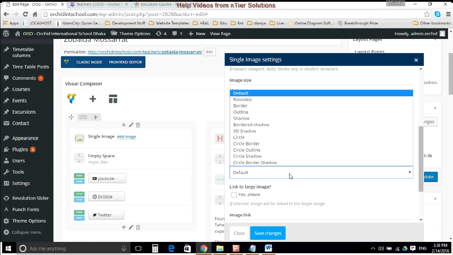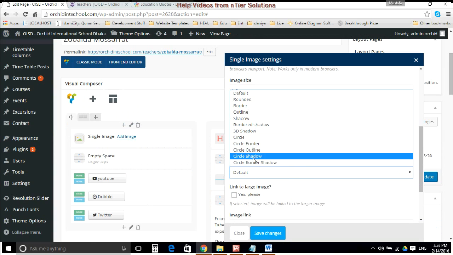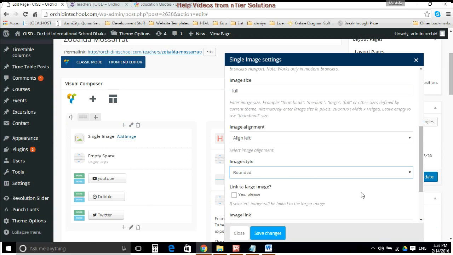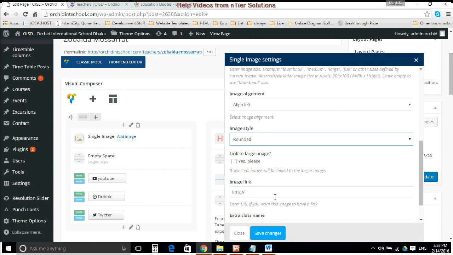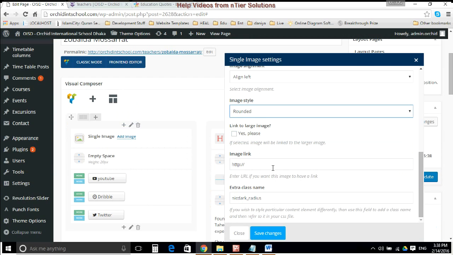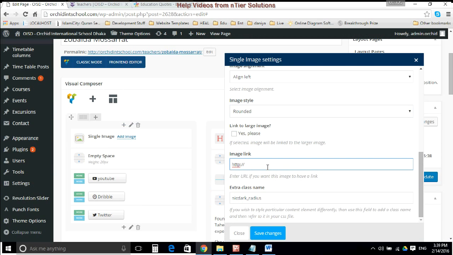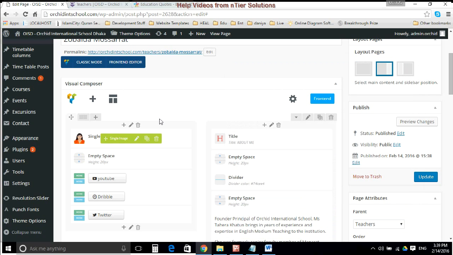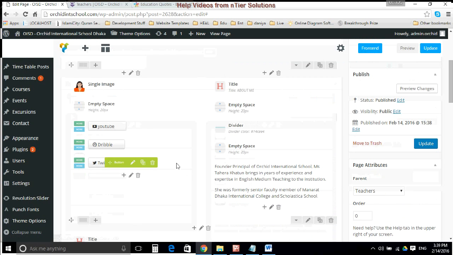And if you want certain styling, there are different styling that you can check out. We prefer rounded. And here you can give the link of the page. Basically, if you want to send it to another page of hers, say, profile or something, you can give some image link, or else just keep it blank. Click save. So you can see the single image has been loaded.